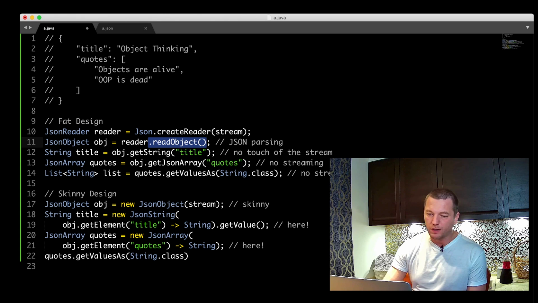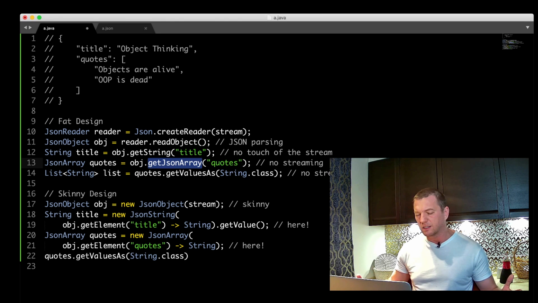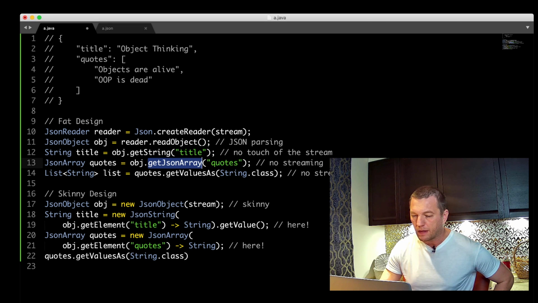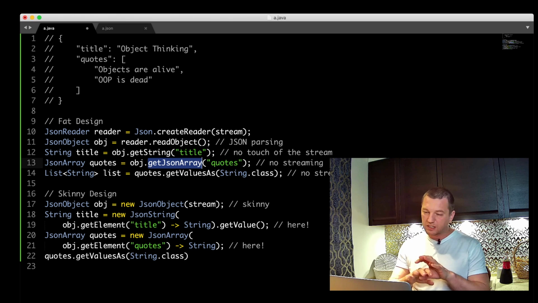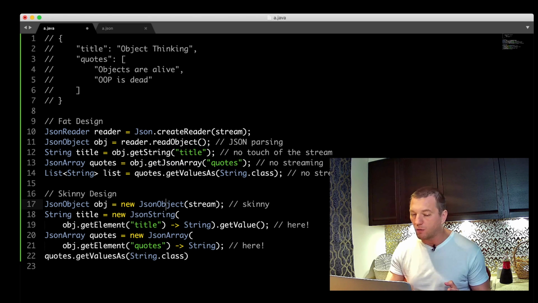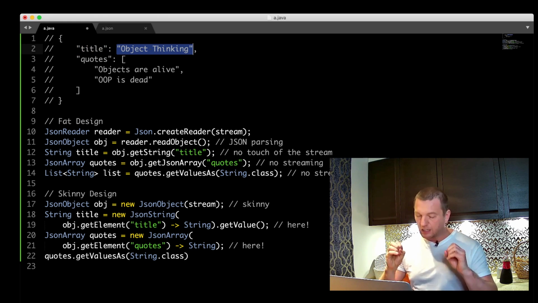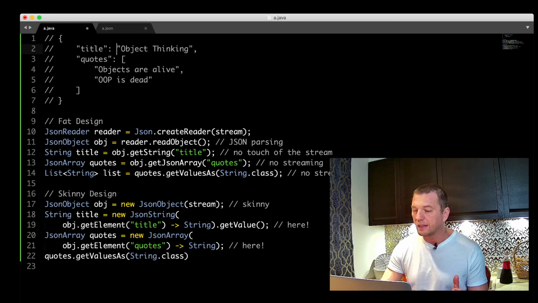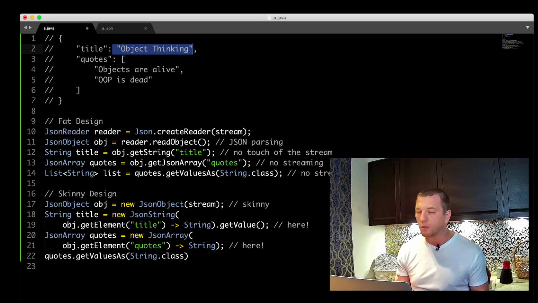So here, the implementation of JSON array is quite simple. It doesn't know how to parse JSON. It only has some list encapsulated inside, and it only returns what's there. In this case, it's different. The complexity is spread over multiple places. The JSON object knows only how to parse an object, but it doesn't know what to do with the elements of the object. It only knows that the element is title, and whatever is coming here is for the future. So it only can return you this thing, and then it's up to you how to parse it, how to understand it, how to interpret it. Maybe it's again an object, maybe it's a string, maybe it's an array.